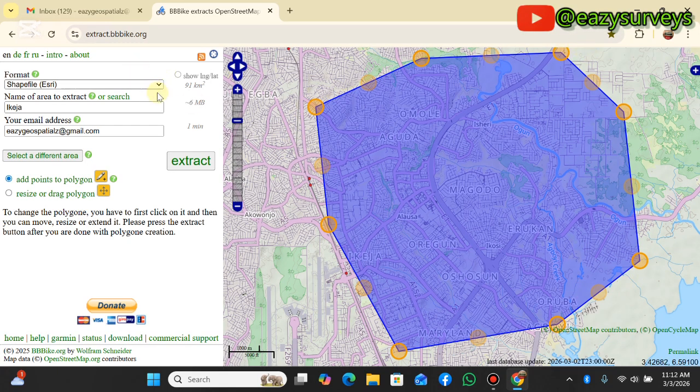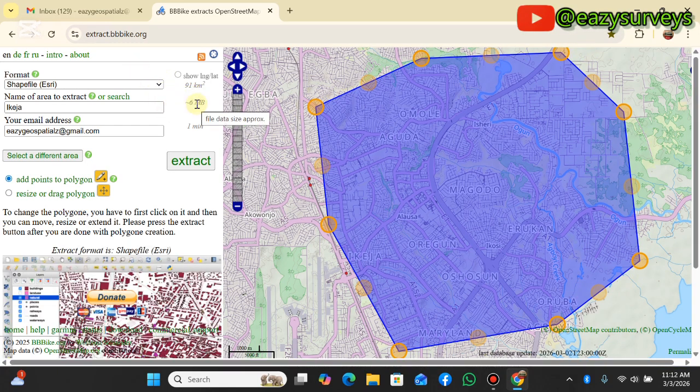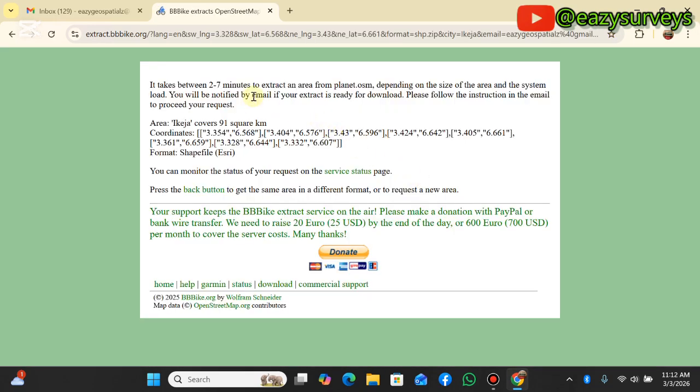This whole study area is about 6 MB, right? And after that, you can now click on extract, but make sure you have filled up all of this information as I stated earlier. So you click on extract. It's going to take 2 to 7 minutes for you to get it